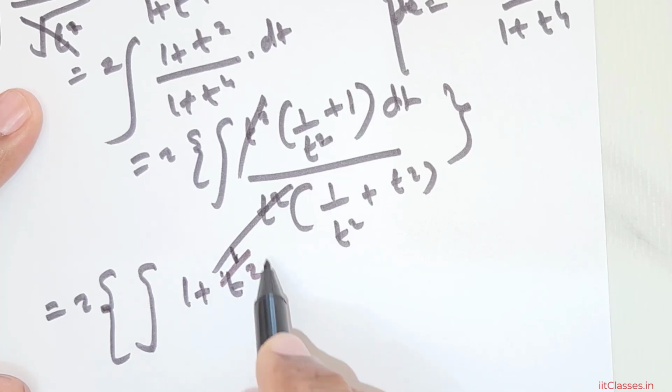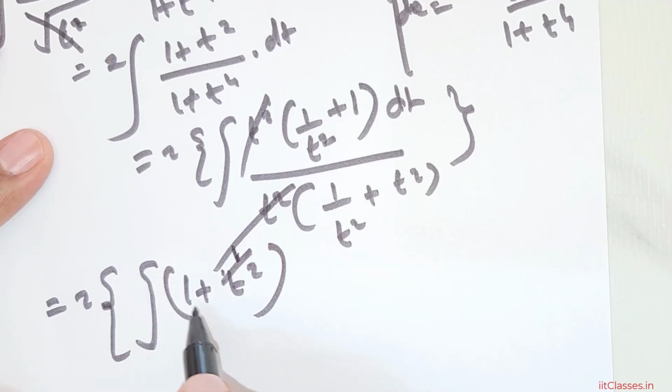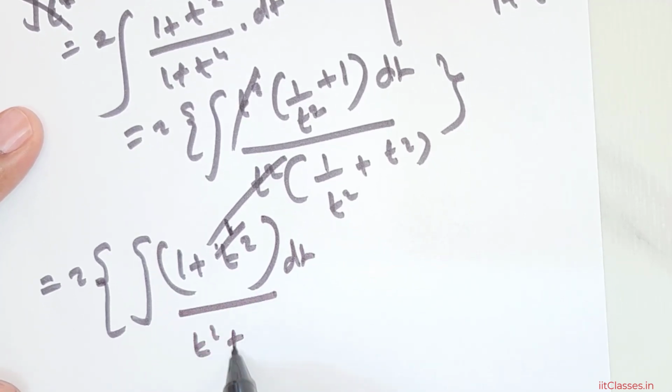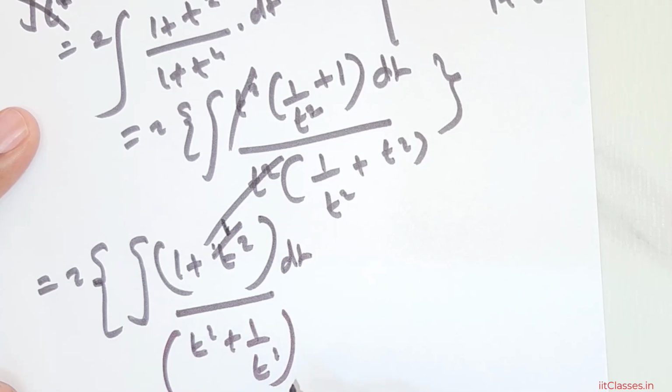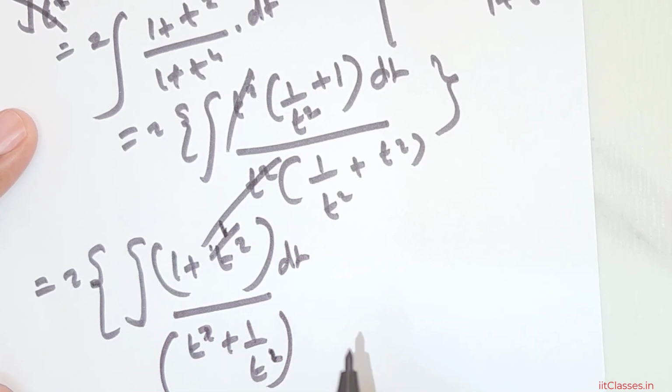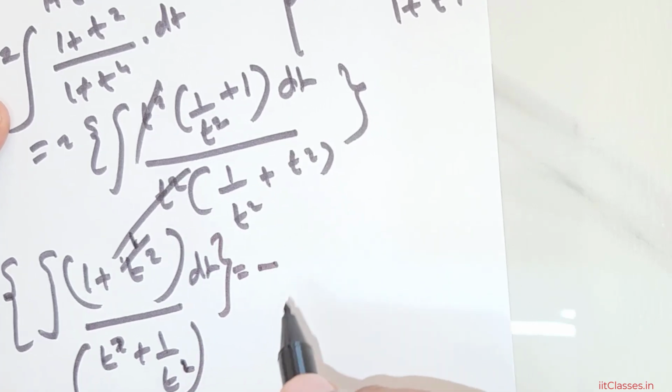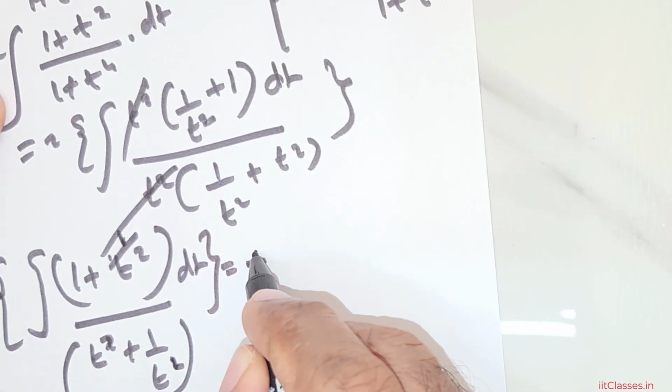I'm going to write it in this fashion: 1 plus 1 over t squared, times dt, divided by, now this is t squared plus 1 over t squared. Now we have to make a proper substitution. So for that I want to have the following. So this is equal to